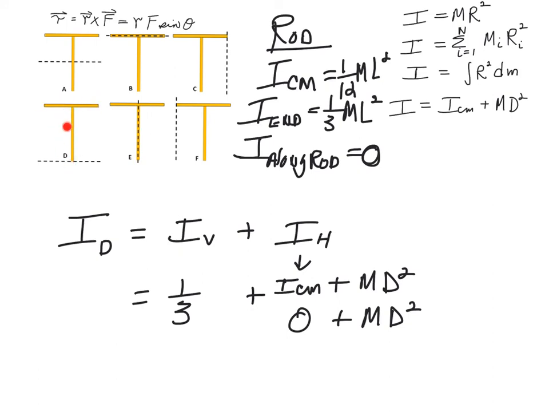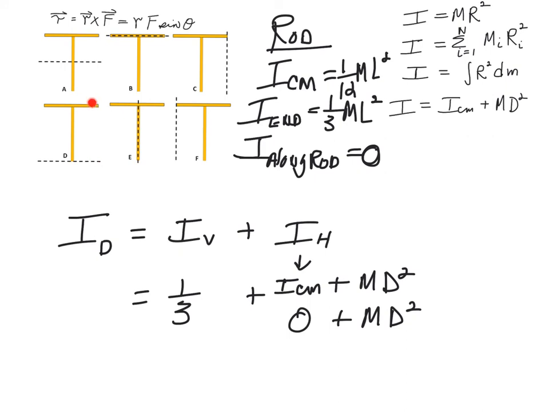So when you're doing this one, I did the vertical rod first. And for the vertical rod alone, the axis is through the end, so that's the 1/3. No reason to write the ml squared anymore because all we care about is the fraction. And then for this one, we need the parallel axis theorem. So if I slide the axis up here,